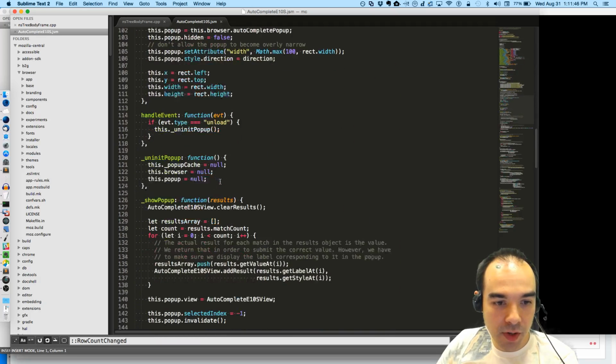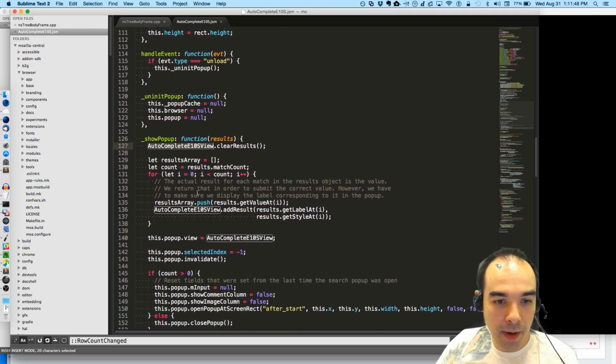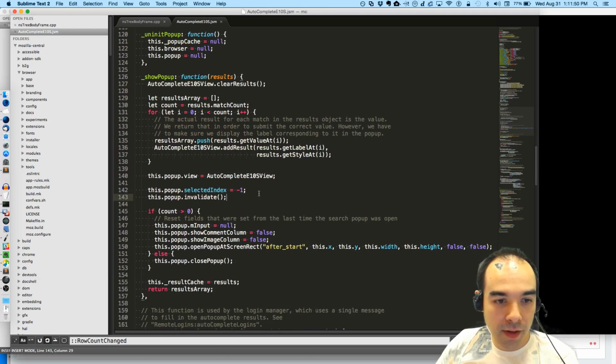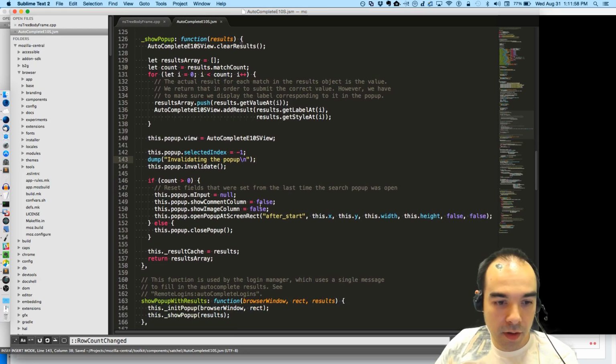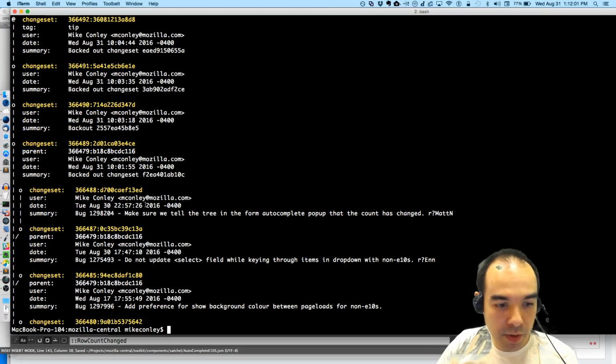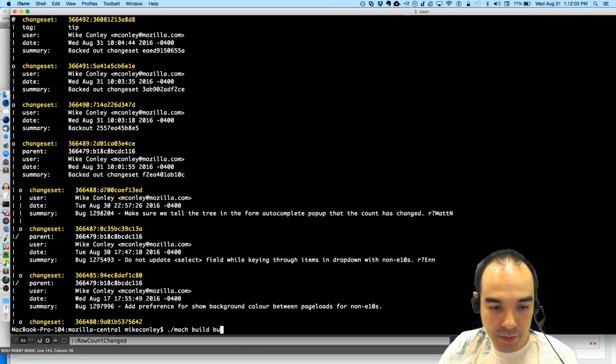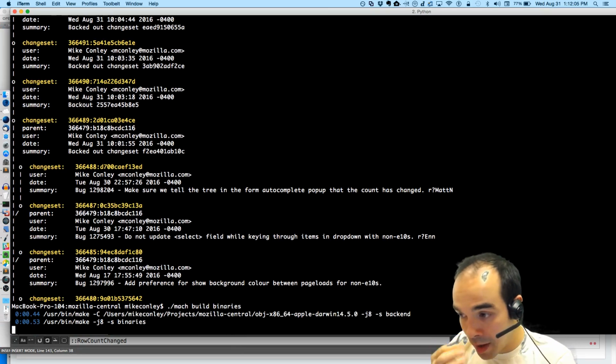Where we set the results. So it's like here, show pop-up, invalidate. So dump, invalidating the pop-up. So now let's build this. And we'll make sure that